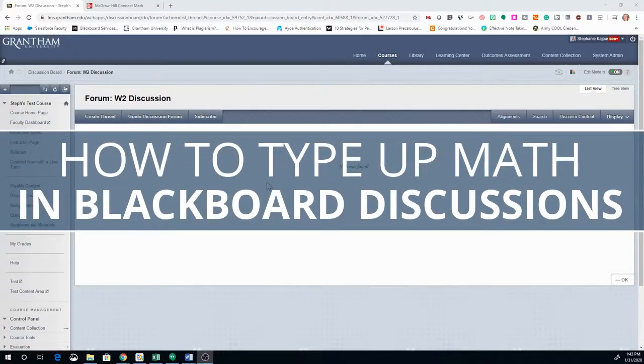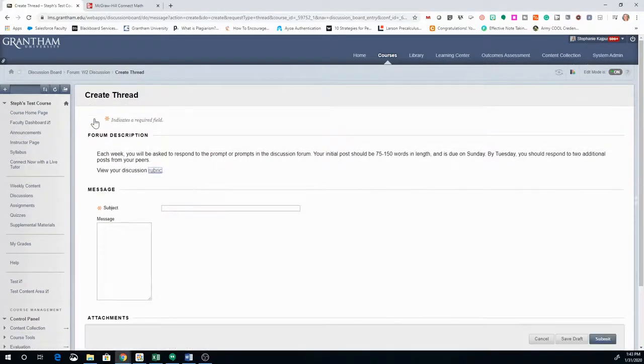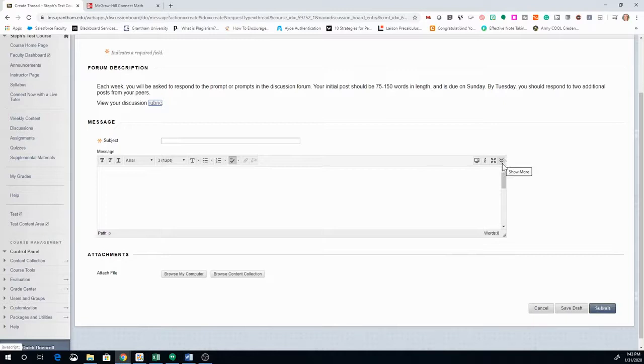Blackboard allows you to write math in your discussions. To start, click Create Thread. You'll have this editor box show up. If this full box doesn't show up, it may look just like this. You can expand by hitting these two arrows that says Show More, and that will give you the full editing